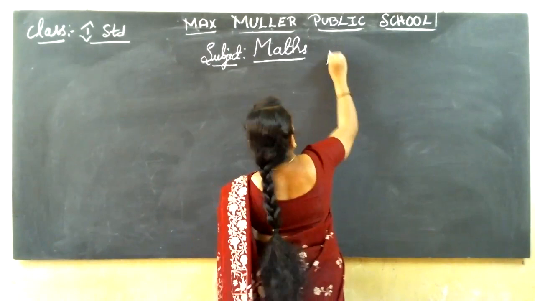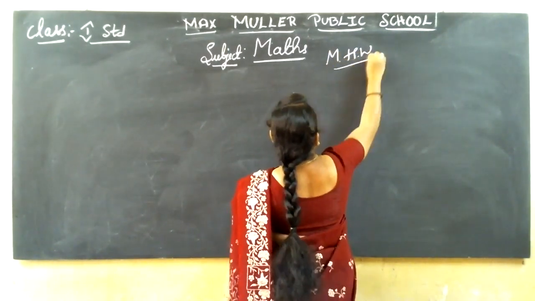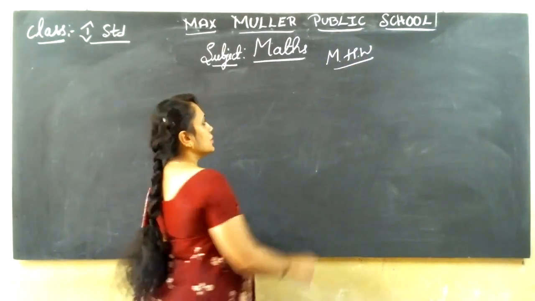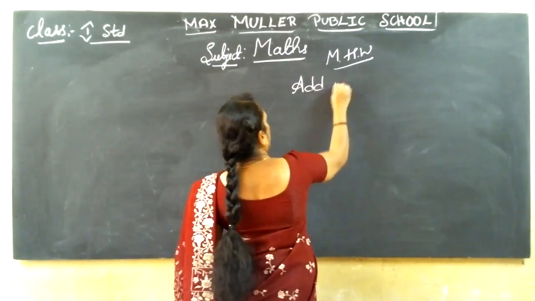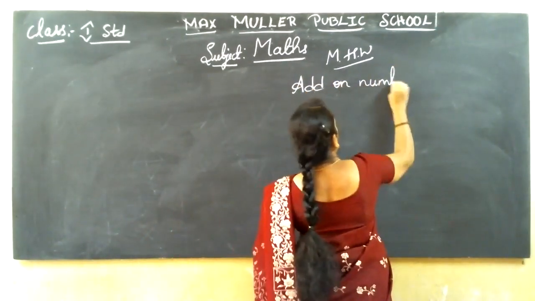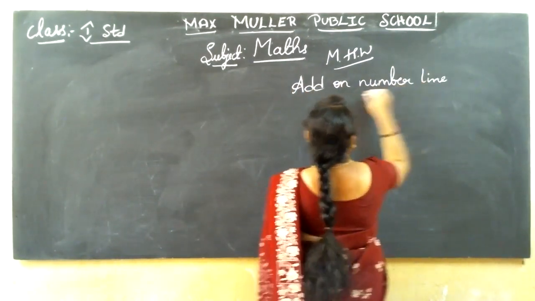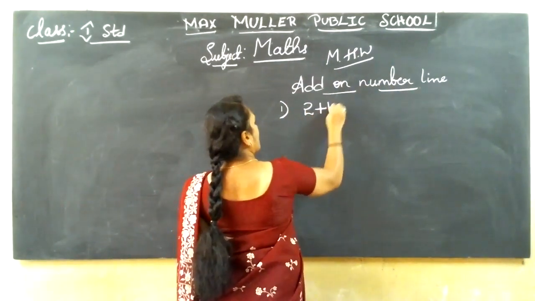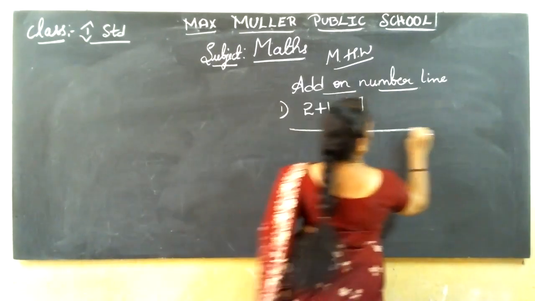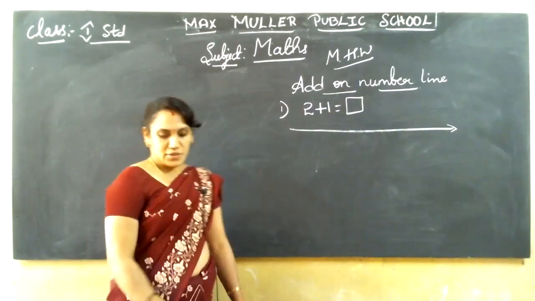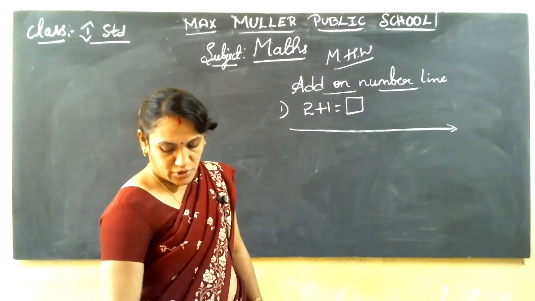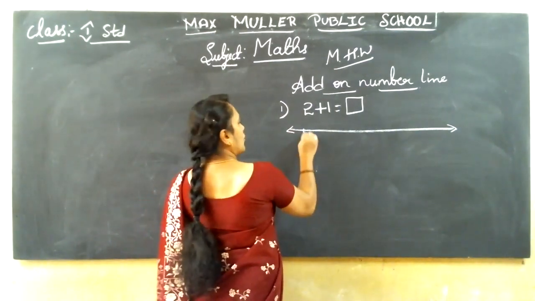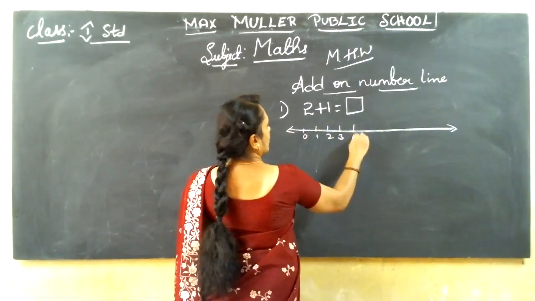So today's maths homework: in the previous class what did you do? Horizontal addition, vertical addition sums, isn't it? This class you will do add on number line sums. The sums you do on the number line. For the sums you should draw the number line. We did it in the classworks, isn't it? And in this homework, rough note, all the books you have practiced. In the textbook also it was there, isn't it? So you know how to do. One sum I'll show. Remaining you can do.